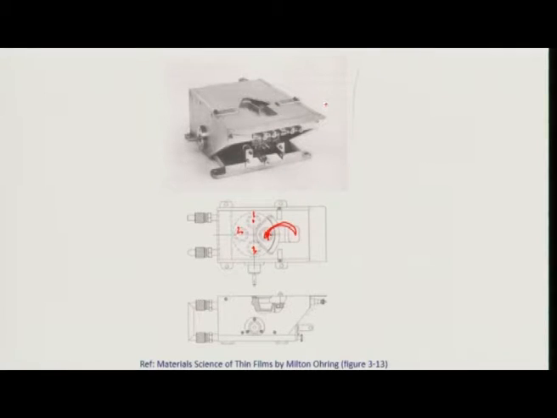This is just an actual picture with the ports for water cooling, and the electron beam just comes on top. So everything else remains the same; it is just that the electron beam provides a way to locally heat the material.